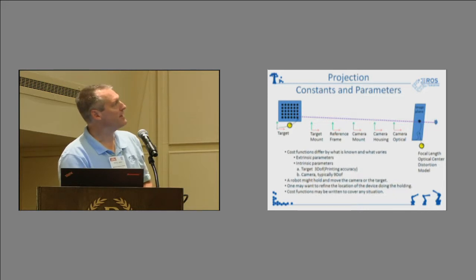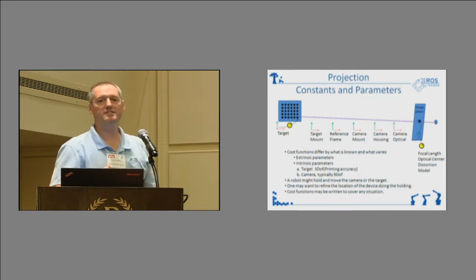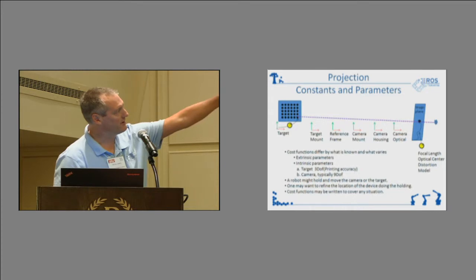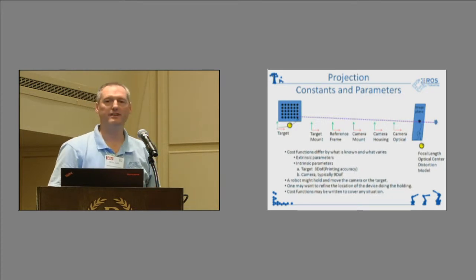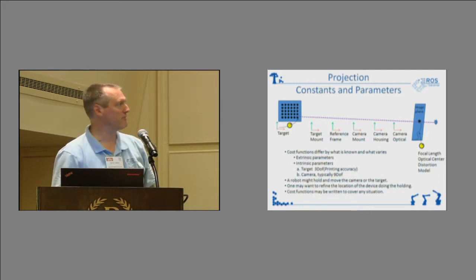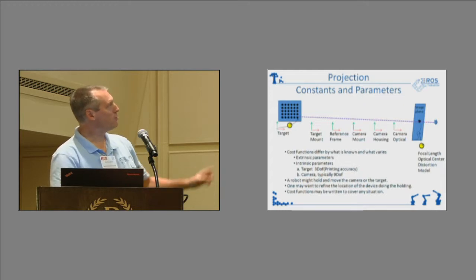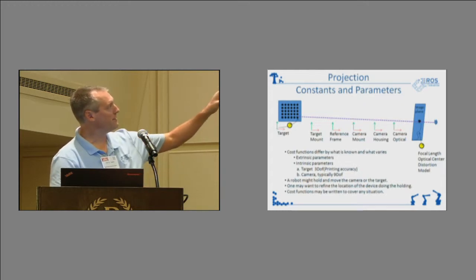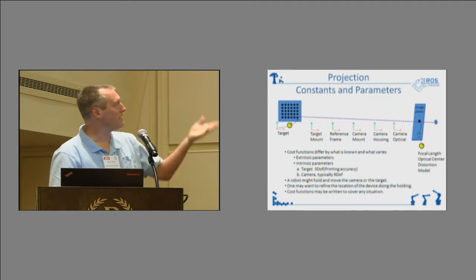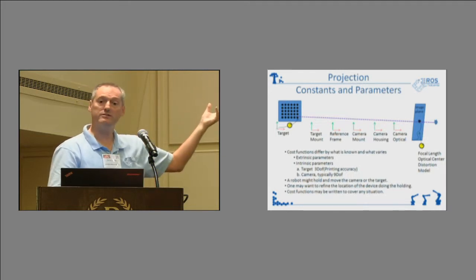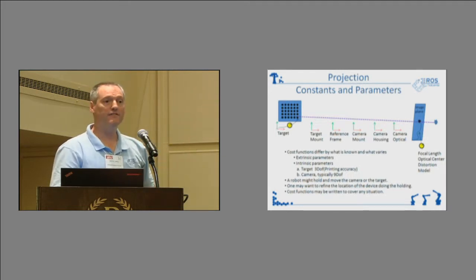Sometimes we have an intrinsic calibration that's not done. So we have a little yellow dial over there for the distortion model of the camera. So we're trying to calculate the intrinsic parameters of the camera. In the example that I showed, the transform between the reference frame, which is the base of the robot, and the target mount, which is the end effector,